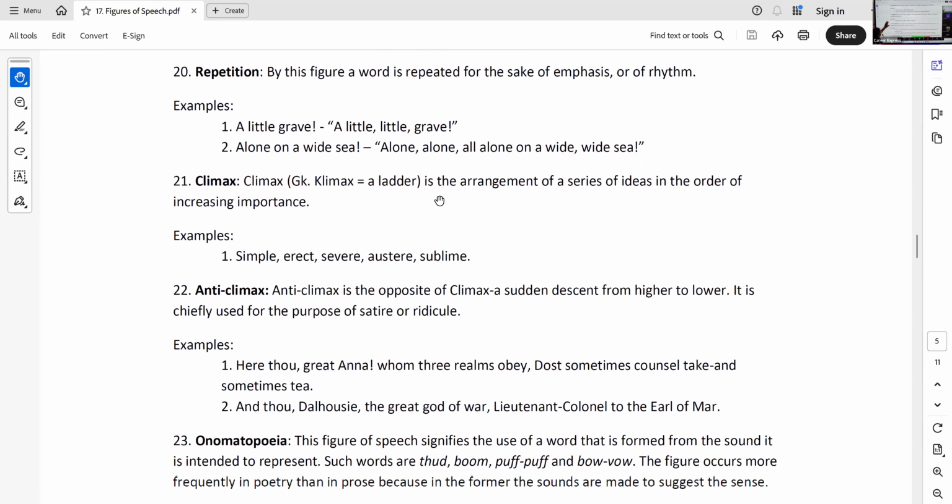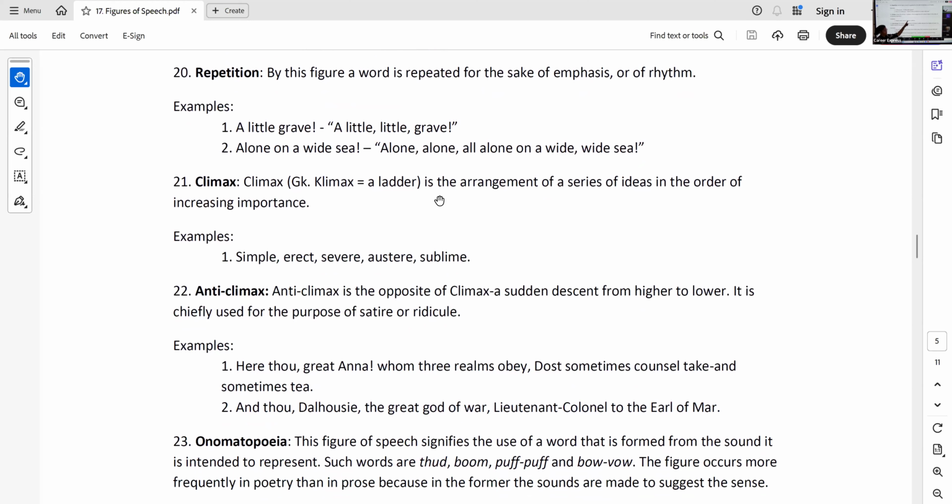Climax. Write down an example over here. Write down, I came, I saw, I conquered. The Latin expression is veni, vidi, vici. I came, I saw, I conquered. Can you see the stepwise formation? It's going up. Wo aaya, he saw, and he conquered. This is climax. Stepwise, not only flow, it has to go up. The action gets more and more intense, right? So that is climax, a ladder. Series of ideas in the order of increasing importance.